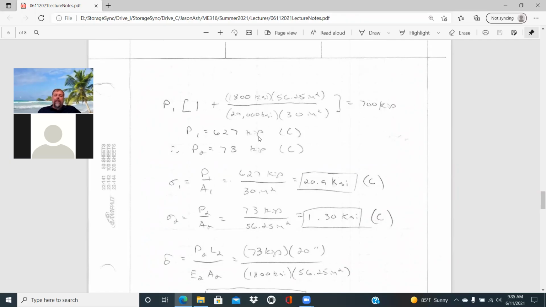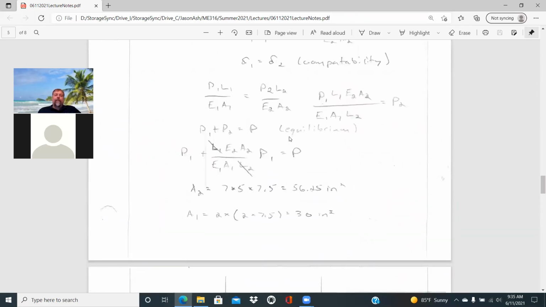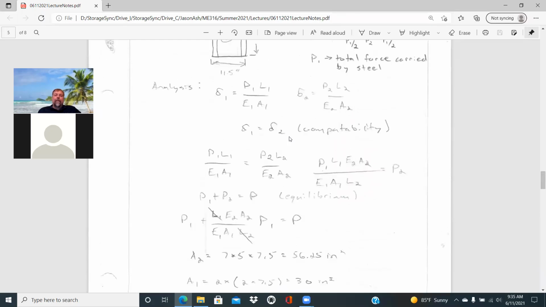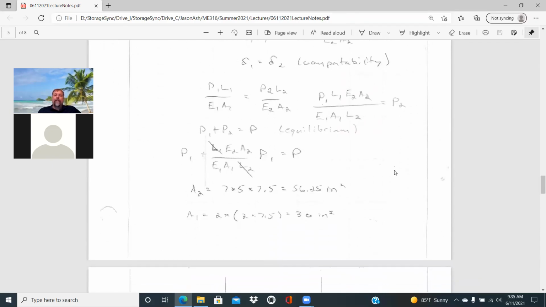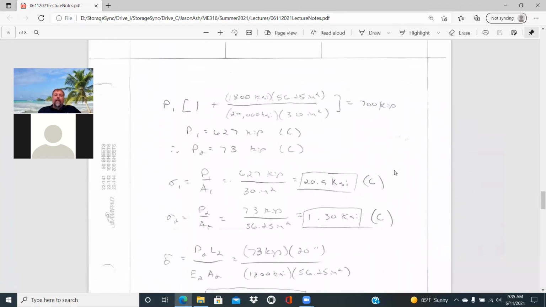Once you know P1, 627 kip in compression, you can solve P2 with, again, this relationship right here. We know P1, we can just solve P2 directly from that. And that is